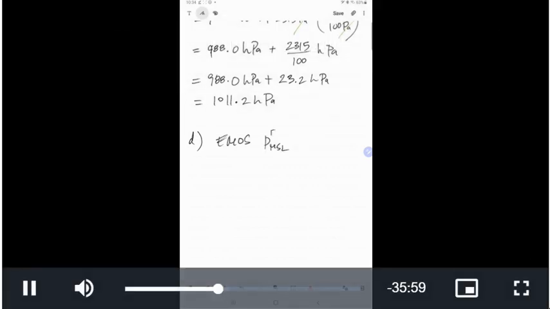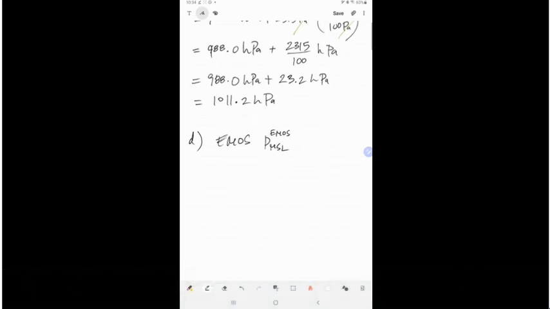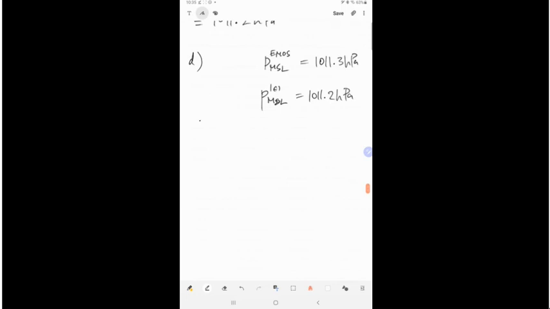MSL, or if you like, we can do it like this to put it all together. That kind of makes it extremely clear. 1011.3 hectopascals as compared with the value that we just derived above. Question 1C, we got a value right there, 1011.2 hectopascals. We can conclude, therefore, the 1C estimate